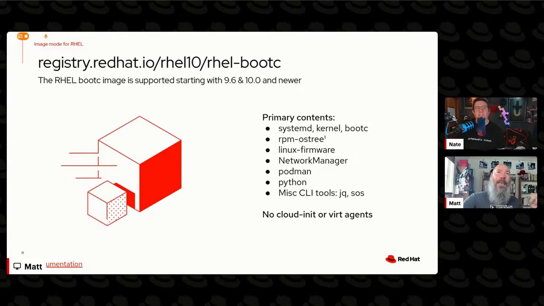We talk about all this stuff being in containers and containerized. Containers are just the transport and build mechanism. What is happening on the system is not in any way, shape, or form anything you would normally suspect or expect with a container. What is inside the base image we publish is, in terms of what people think about in containers, massive, right? These images are 1.5 gigs. It has a kernel, it has systemd, it has grub, it has firmware, it has network manager, it has all sorts of things you never need to put in a container to run an application because they're not containers in that sense, right? That's why I talk about them as Bootc images and not container images, because these are